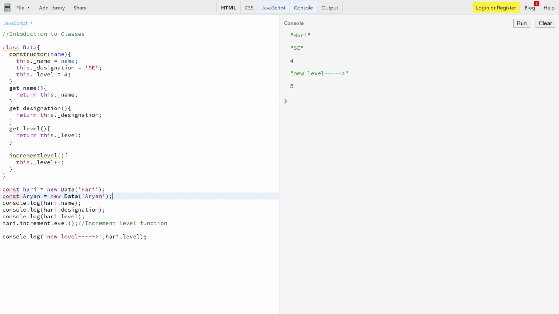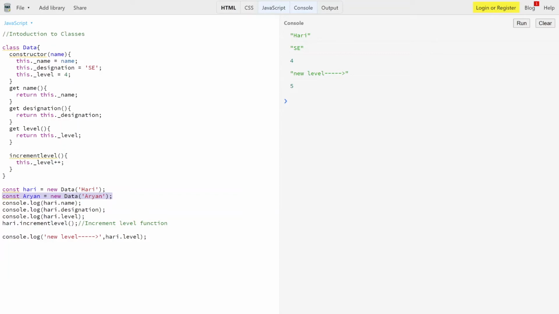If you see, I have created two instances, so what will happen, it will always call the constructor. Here I have given the memory to Hari, so it will call the constructor once, and then I have given another memory to rn, so it will call the constructor a second time. So that's how it will work. So let's discuss something about instance. So what is an instance? An instance is an object that contains the property names and methods of a class with uniquely set property values.